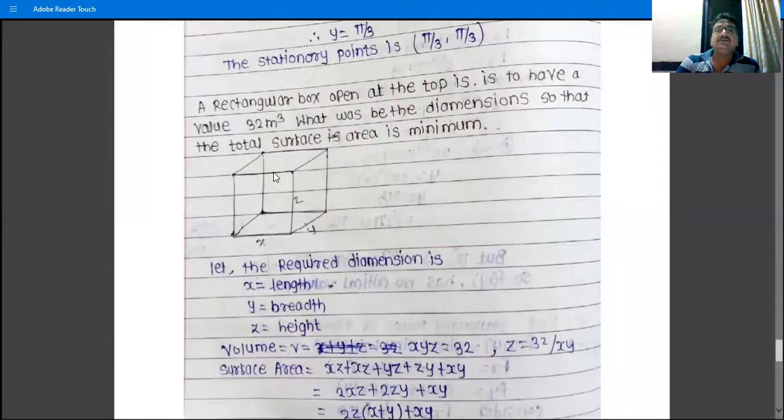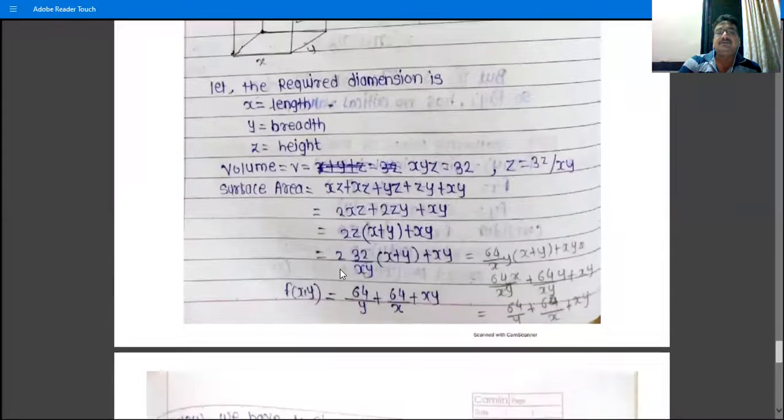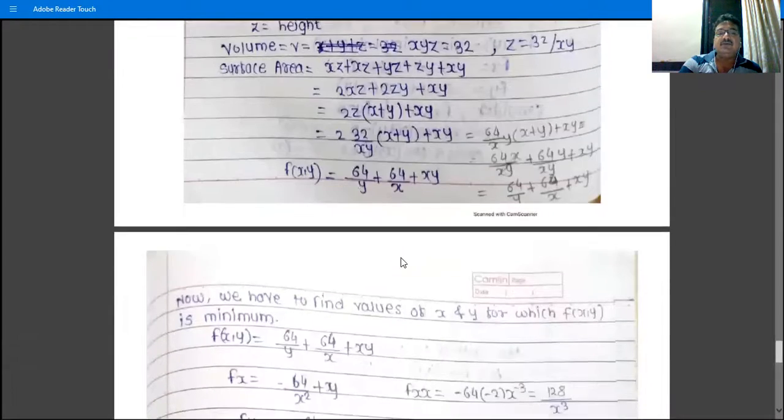So, an example on minimum and maximum value. A rectangular box without top, or open top, is of volume 32 meter cube. What are the dimensions? Let x, y, z be the dimensions, and in the last lecture we have seen the function f(x,y), and now we have to find the values of x and y for which this function